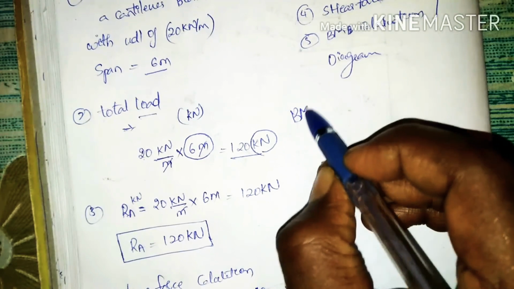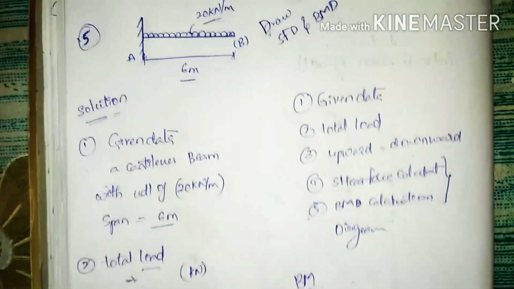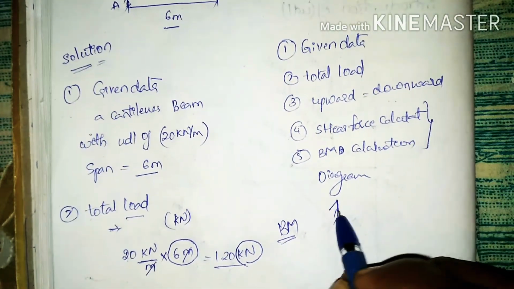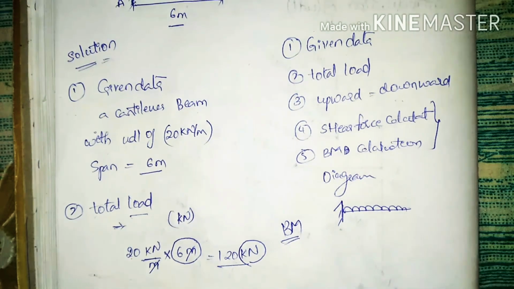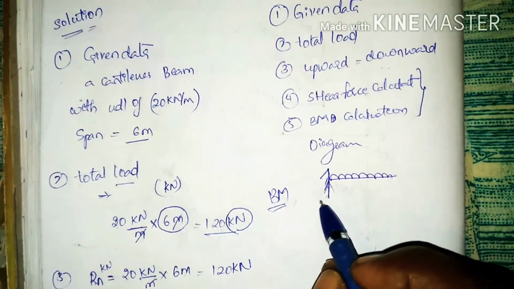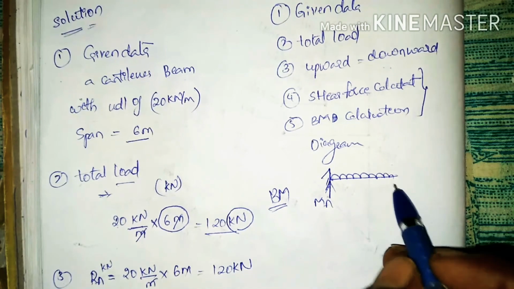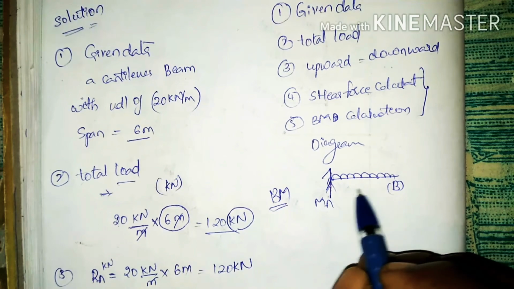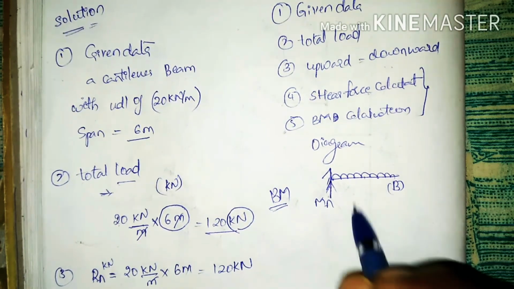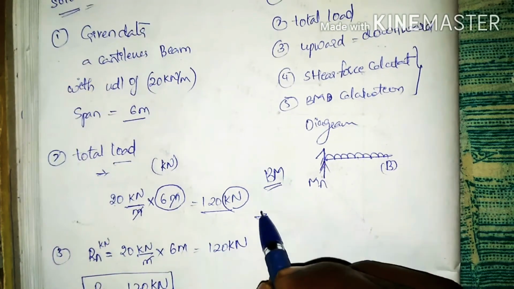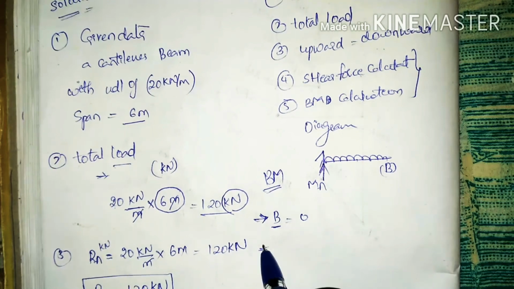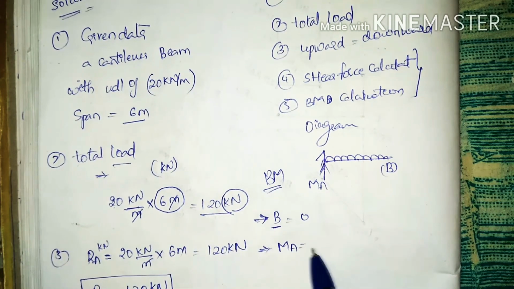Next, bending moment calculations. Here we are having a diagram like this. We are going to take the moment about A and B, because there is no support here, or there are no loads or no point to be considered here. Next, moment at B is equal to 0. And next, moment at A is equal to,